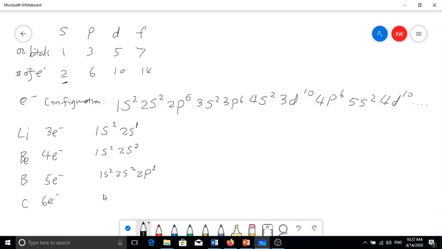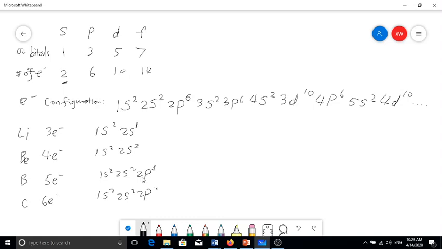Carbon has 6 electrons. So it's going to be 1s2, 2s2, 2p2. So now we know not only the number of electrons each one has, but also how they are distributed